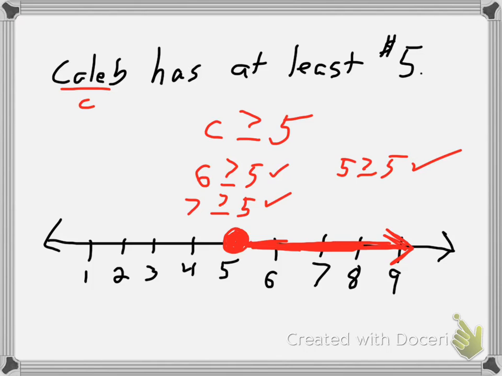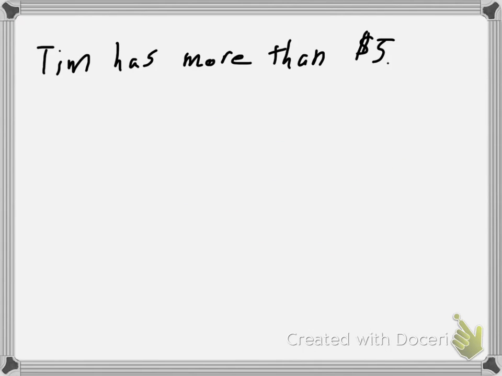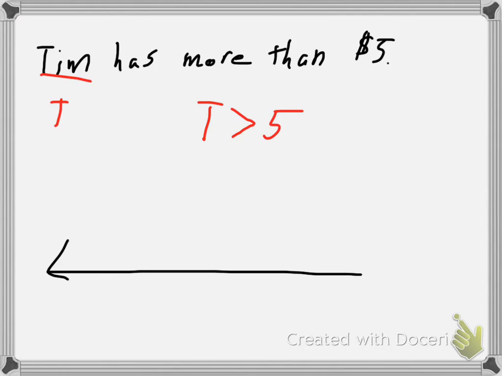Let's look at another example here. Tim has more than $5. So I'm going to start here with my inequality. Tim, I'm going to say, is T. Tim has more than $5, so Tim has to have a greater amount, or greater than, 5. So if I go through and do my number line again,